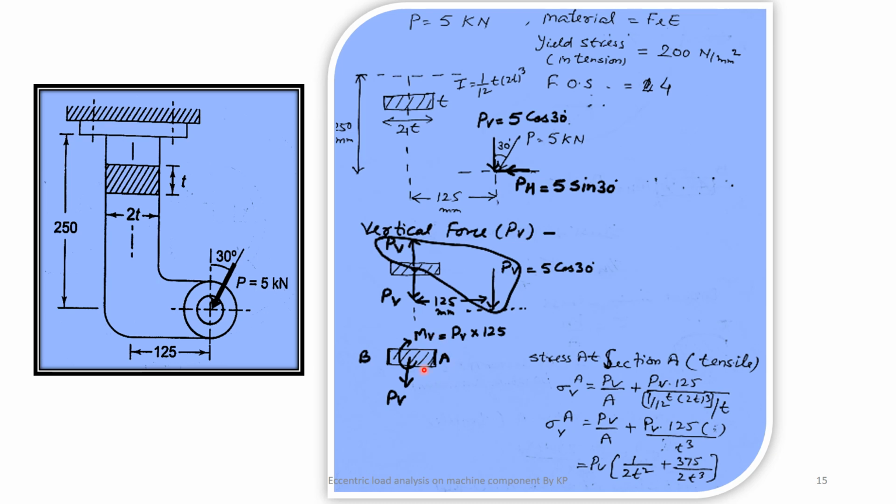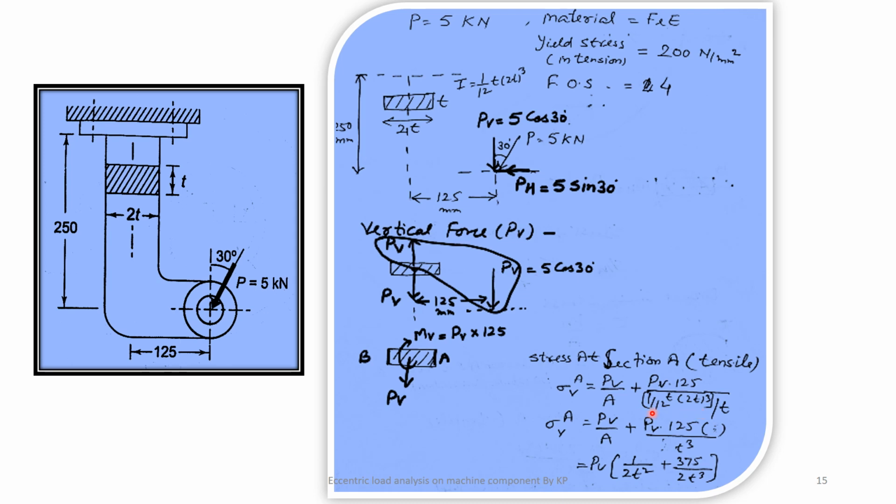So here we see that at the A side the stress is tensile because of the direct load as well as tensile because of bending. So directly we can add them. The net value at the A side is the summation of the stresses because of PV and MV. So the stress sigma V A, the stress because of the vertical component at point A, is PV divided by A. This is the direct stress because of this direct load. This is PV and this is the area, and because of the bending, that is M divided by Z. This is the value of M, that is PV into 125.